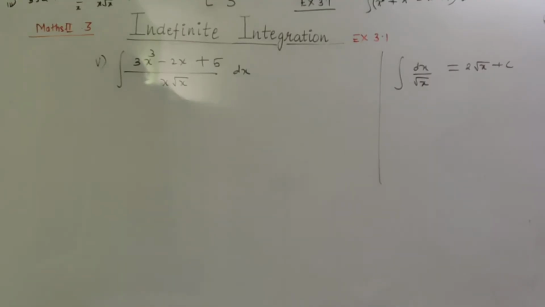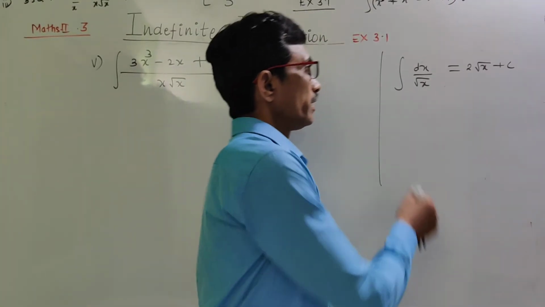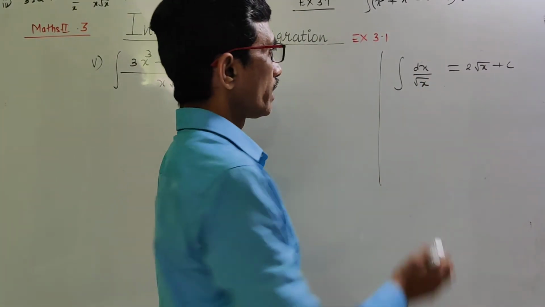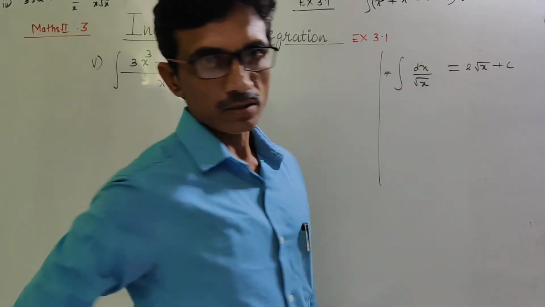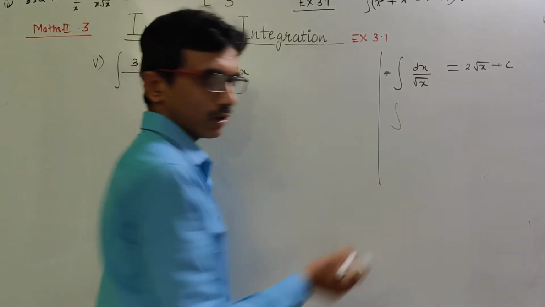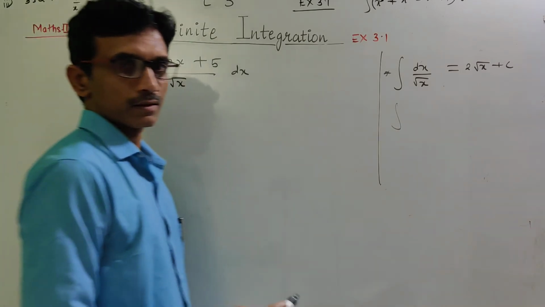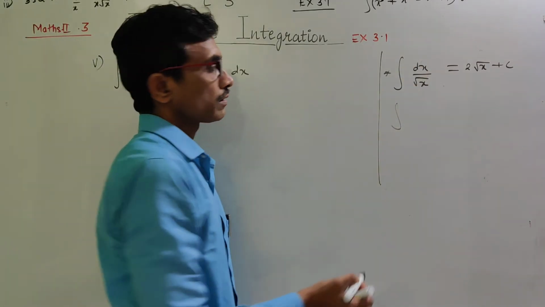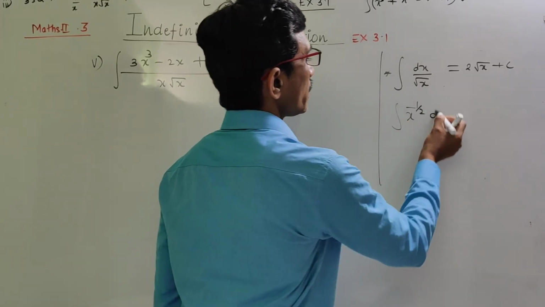We are going to see this formula dx upon root x. See integration dx upon root x, frequently ये formula हम use कर रहे हैं. So dx upon root x is what? 2 root x. How it comes? Upon root x means x raised to power 1 upon 2 denominator. So when it goes in numerator, ये होगा x raised to power minus 1 upon 2 dx, and we are